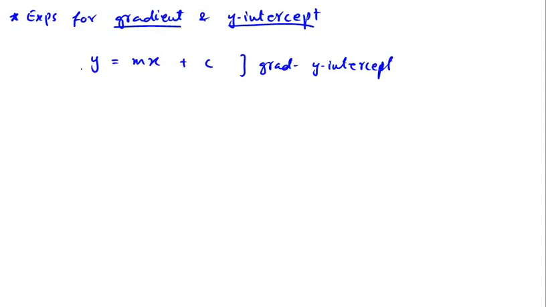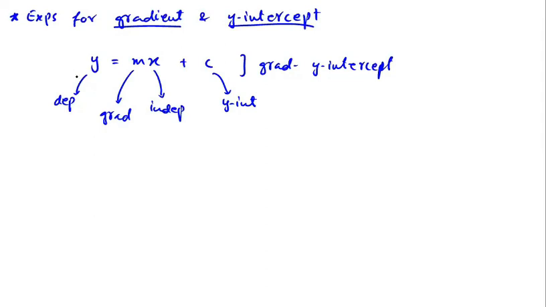See students, on the left hand side of the equation, we have the dependent variable, and on the right hand side, we have two terms. One term contains the independent variable x, and the other term is constant. Now, you should remember that the term which is constant and adds to the term that contains the independent variable gives us the expression for y-intercept, and in the term that contains the independent variable, the constant part m gives us the expression for gradient. So this is how we determine expressions for gradient and y-intercept in part A of graph question.